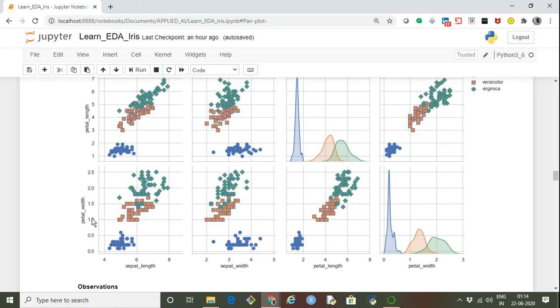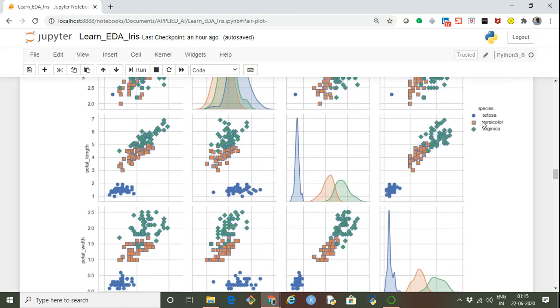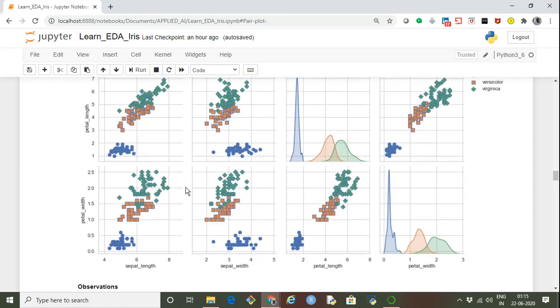Between petal width and sepal length, again the blue dots which represent setosa are clearly separable, but there is an overlap here between the square and the green diamonds. The square represents versicolor and the green diamond represents virginica. So that is okay, but still not the best separation. Between petal width and sepal width, there is some overlap, and the rest of the data points are separable.